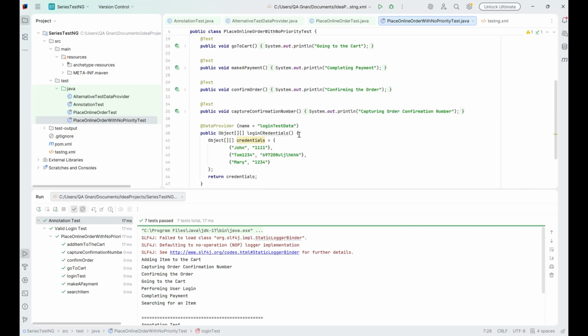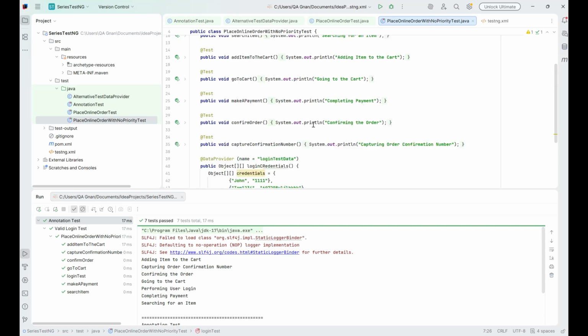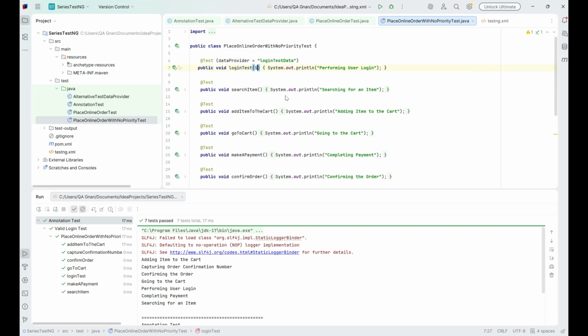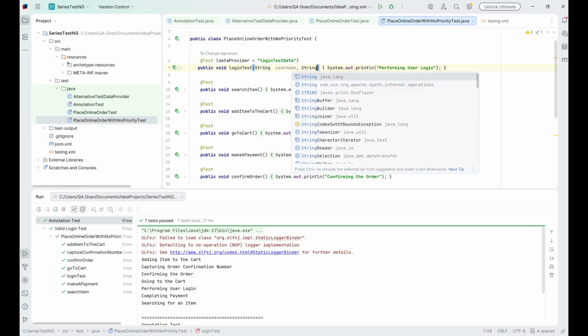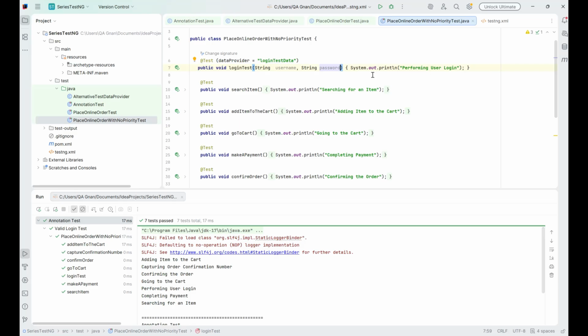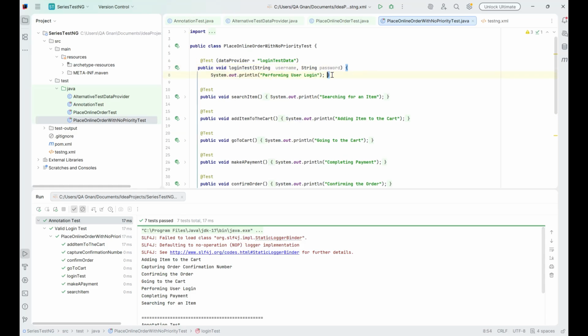By doing this, we are telling this method to use data passed from this data provider. To this login test method, since username and password are the two values that we are fetching from each row of the data provider, we will write two arguments here, string username and string password, and we will see what data is being pulled. We will add them here in the print messages: performing user login using username,